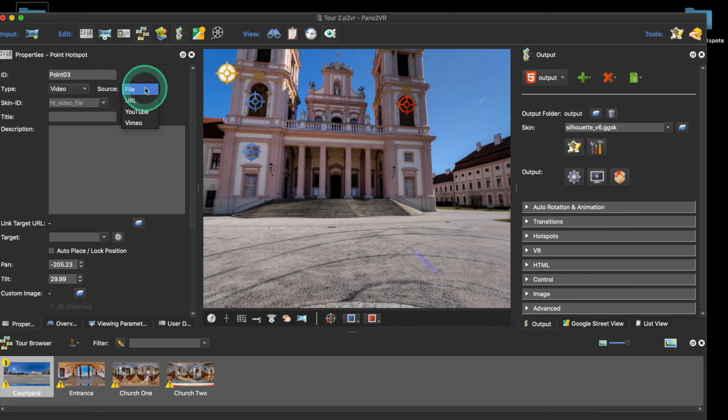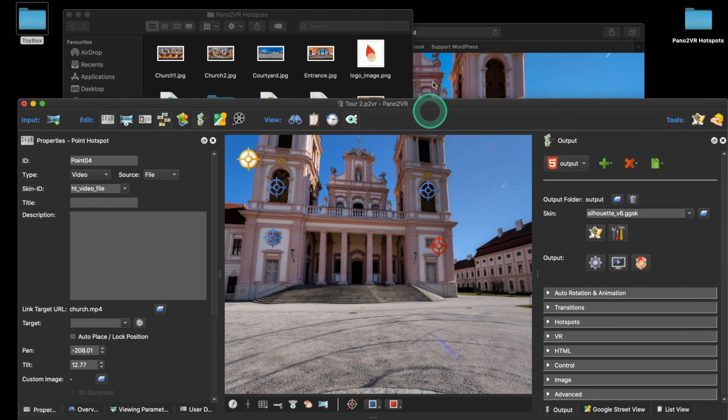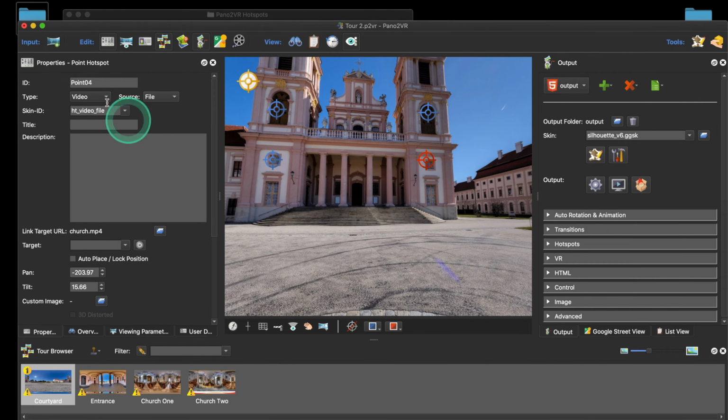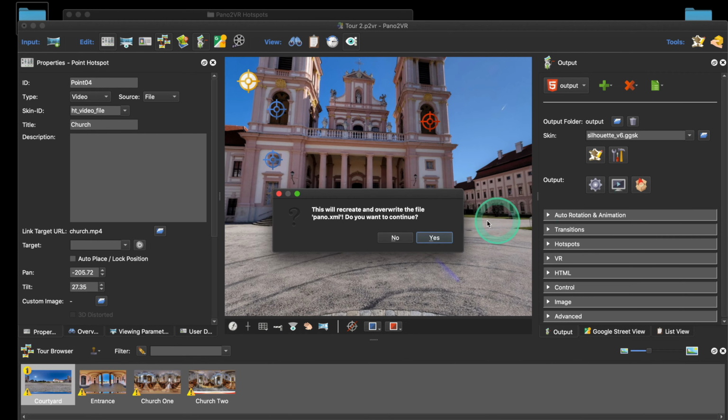Right, okay. Basically a file is if you've got a video local to your project folder. I've got one here of a church. I can literally just drag and drop it. If I click on that, you can see that it's added the type video file. I would just type in a title, church. It's already got the file path in, so let's just delete that one I added manually, so I'll put that there. If we build the output,